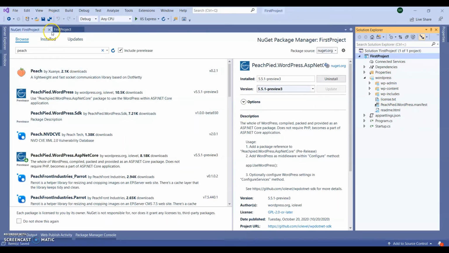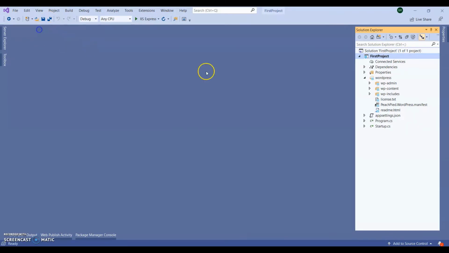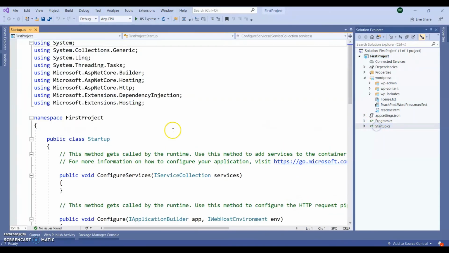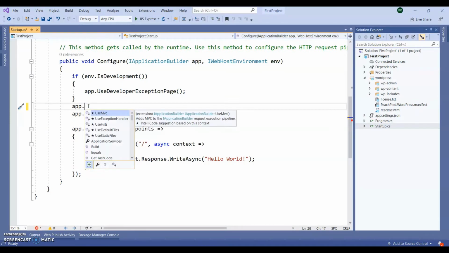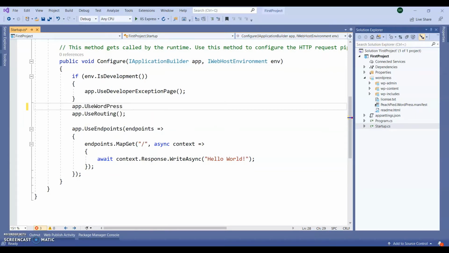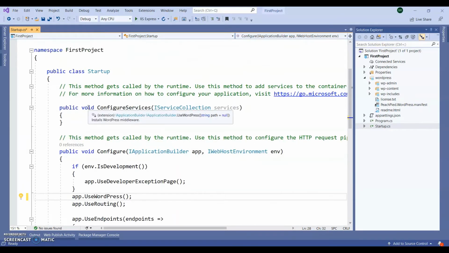Save the application, close the window and go to the Startup.cs class. So here, before app.UseRouting, I am giving app.UseWordPress. Next I'm going to add the services here.